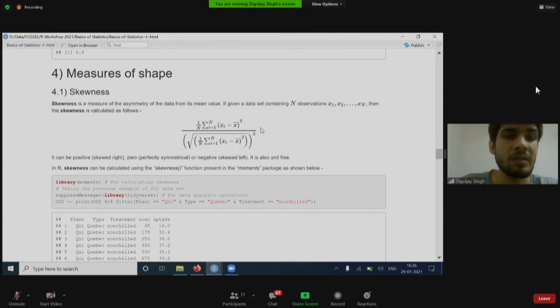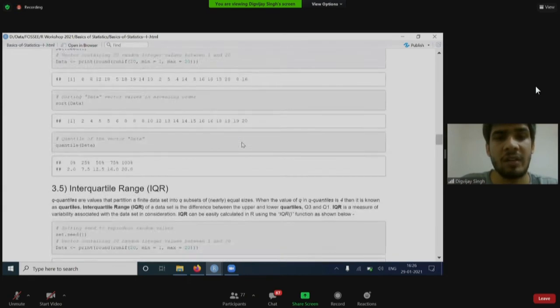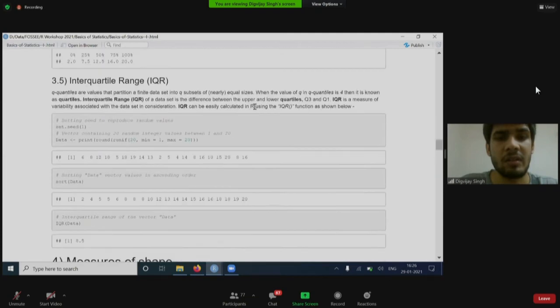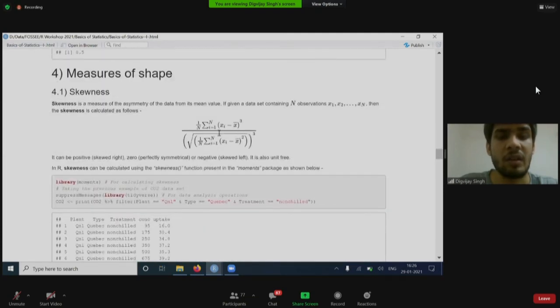You can see the formula. Here, if you remember this particular formula, the denominator is nothing but variance. So that shows the importance of variance, its applications throughout statistics.